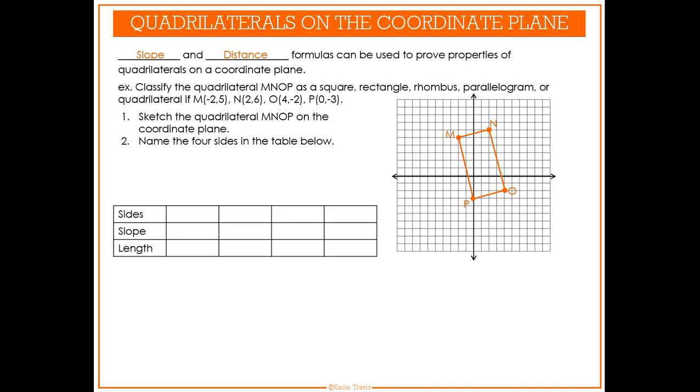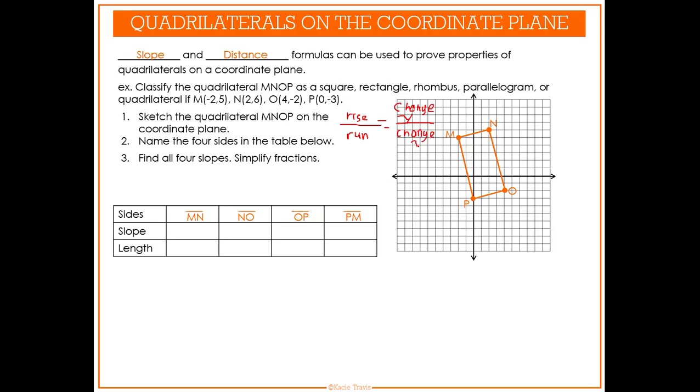Now, after we do that, we have a couple of things that we're going to want to find. We're going to want to name all four of these sides, and we're going to put them right up here in this top part of the table. So we got MN, NO, OP, and PM. After we go through and find these, first let's find these slopes. So if you don't remember how to find the slope, remember we're checking how we went from one point to the next point. So the top part of our slope, that is our rise, aka our change in y. And that is over our run, which is our change